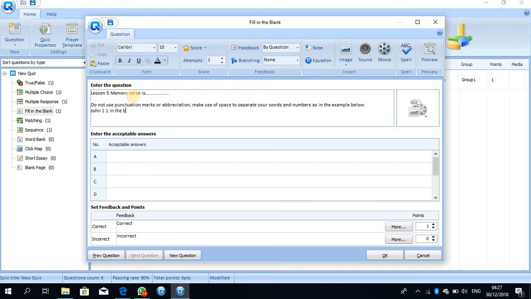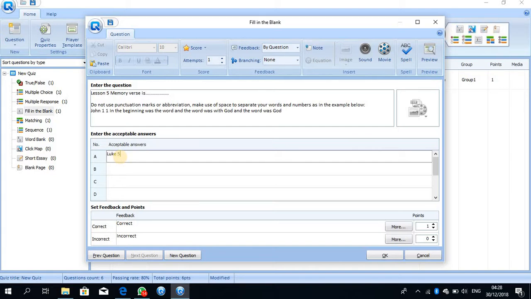In the beginning was the Word, and the Word was with God, and the Word was God. That is it. So the acceptable answer for lesson 5 is Luke